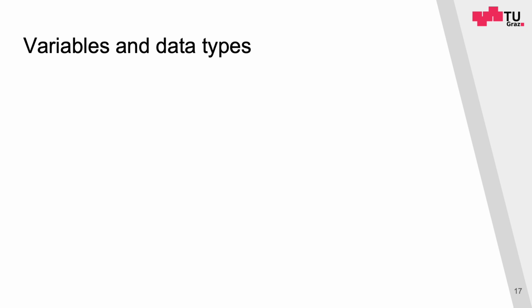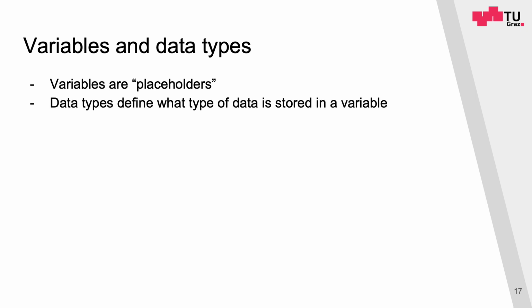And it is helpful to think of variables as containers that hold information. So in other words, variables are placeholders, and their sole purpose is to label and to store data in memory, and this data can then be used throughout your program. And the data types define what type of data is stored in a variable. So for example, if we type in heart_rate is equal to 80, we have defined an integer variable which holds